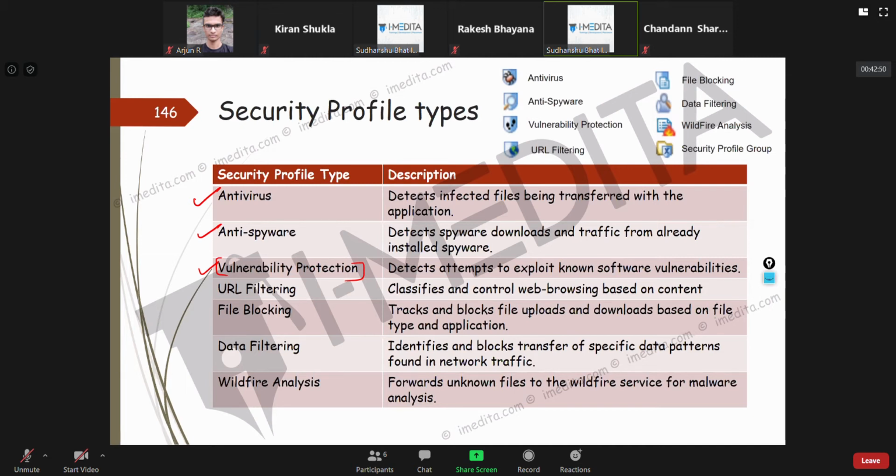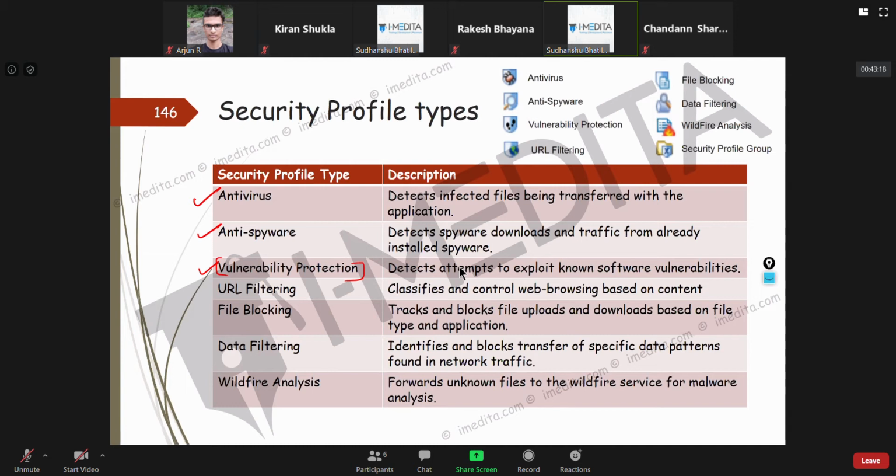I'll give you an example. Suppose Adobe Reader is a software very commonly used for reading PDFs. Suppose Adobe Reader has a vulnerability because of which, if I open a PDF, it maybe allows the user to make modifications in the Windows registry.